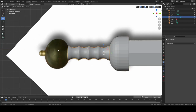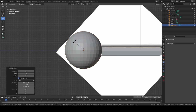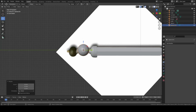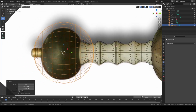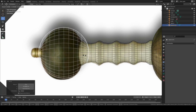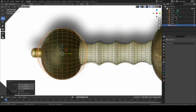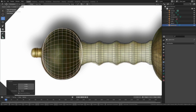I'm going to take another sphere because it's very spherical in shape. I'm going to rotate around the x-axis again, scale that down. It's not quite a sphere, it's a bit like a squished potato. Bit of a strange thing to say, however that is kind of what it looks like. The pummel is central to this handle here, however because of the reference it's not exact, so we're going to move those into place at a later time. I'm just going to scale this and get it to a general shape